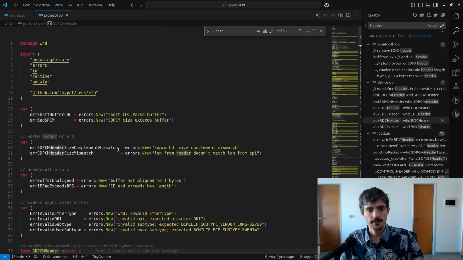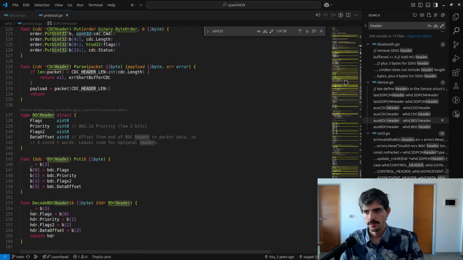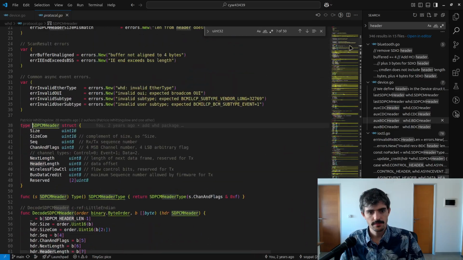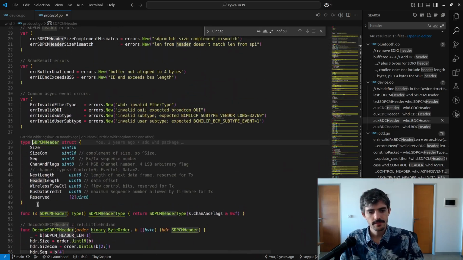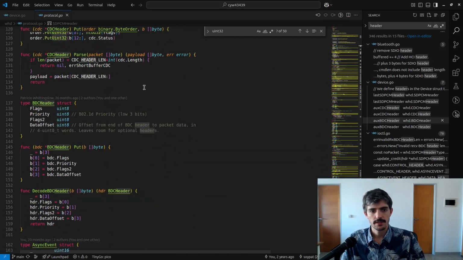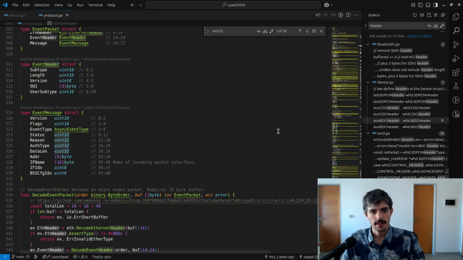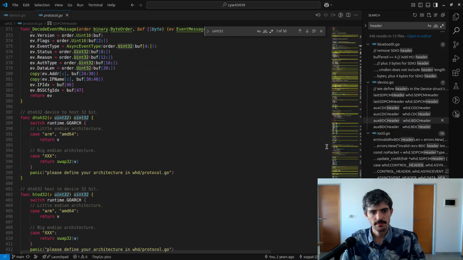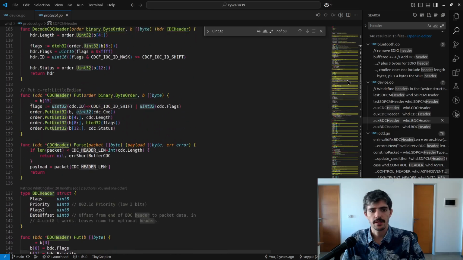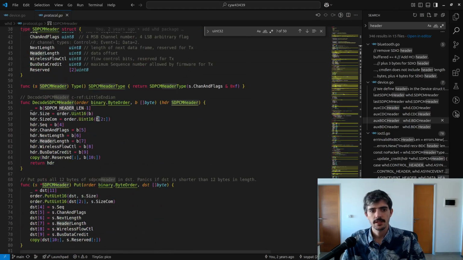And this is where we have our headers defined. Do we have the sizes for these headers? CDC header, BDC, blah, blah, blah. There is an IOCTL header. Maybe I'm imagining things. Maybe it's the BDC and SDPCM. So, yeah, as you can see,